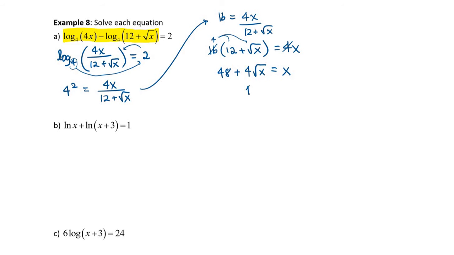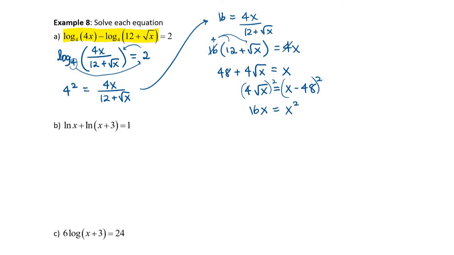So if I get 4 square root of x equals x minus 48. Now I can square, and I would divide by 4, but that gives me a fraction on the right, so I'm going to square both sides. When I do that, I get 16x equals, now recall this is a binomial, so I have to FOIL it,